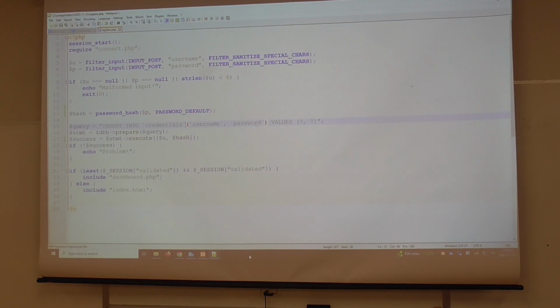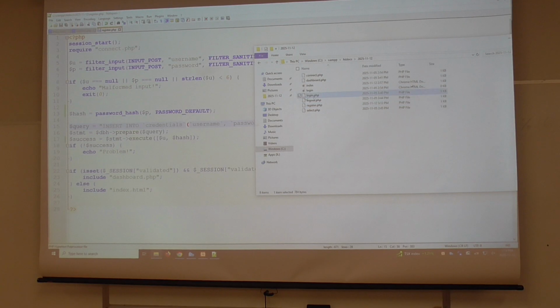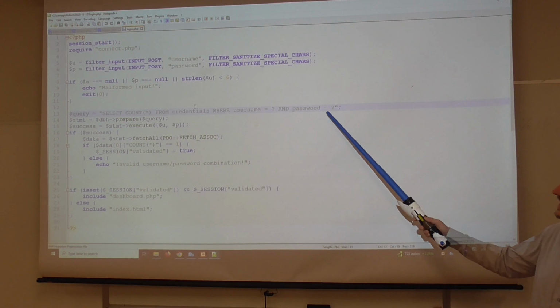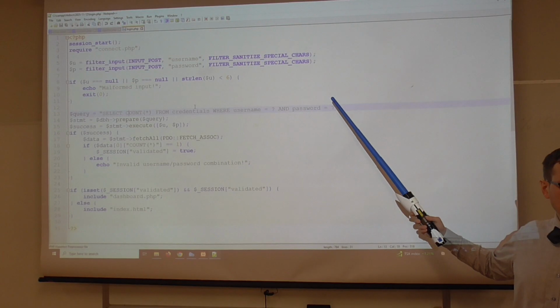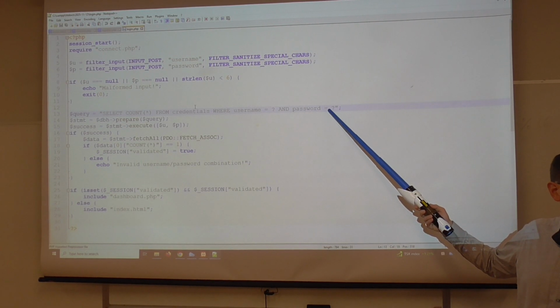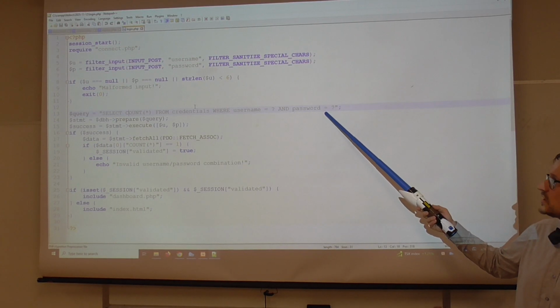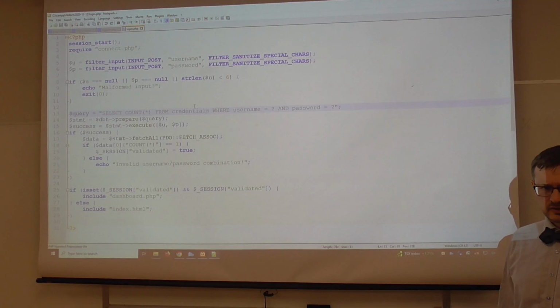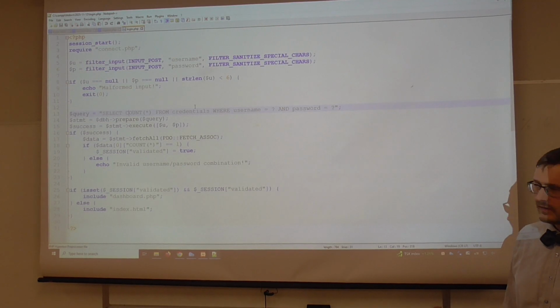So let's open up the login script. There we go. So we do have to reconsider our SQL query slightly, though. Previously, we were heavily leaning on the equality operator inside of the database itself to determine whether or not the passwords match. We now have better means, right?